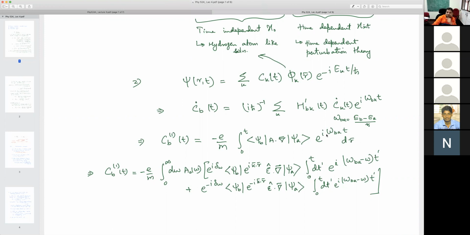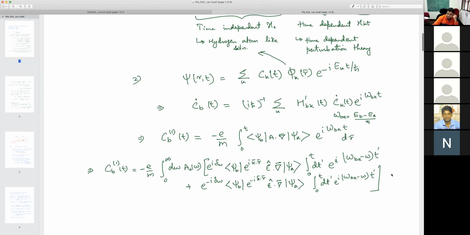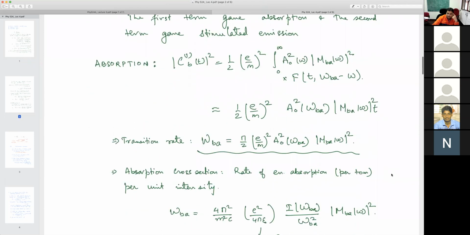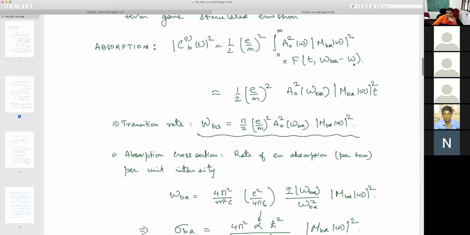Right. So we did this exercise. And then we assume that A has the form of an envelope of some frequencies, where the envelope characteristics are given by this A0(ω), and I end up with this equation. And I just discussed that the first part will give you absorption. Okay, so there should be a plus sign here. The second part will give you stimulated emission. And of course, we solved this in detail. So the time dependence we will solve again today as an exercise.